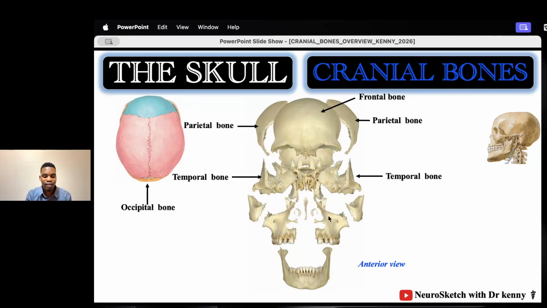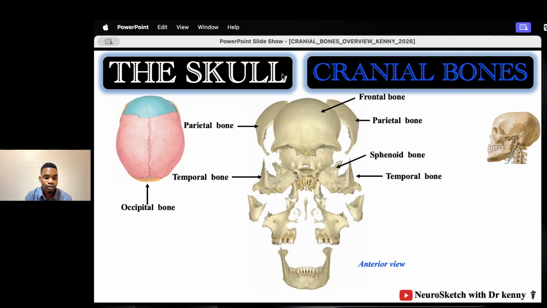And now we've also seen this bone here, which is called the sphenoid bone. We've said that only part of it is observed on the lateral surface, on the lateral side. We only have one sphenoid bone, and it spans laterally, and we have the wings that are spanning laterally. Now, if you count 1, 2, 3, 4, 5, 6, 7,